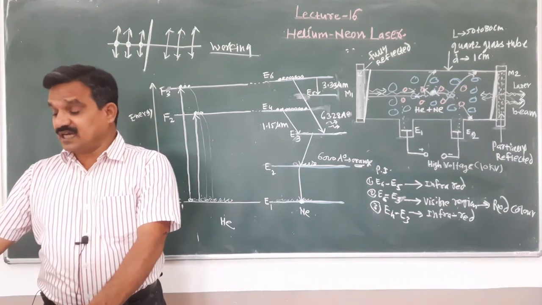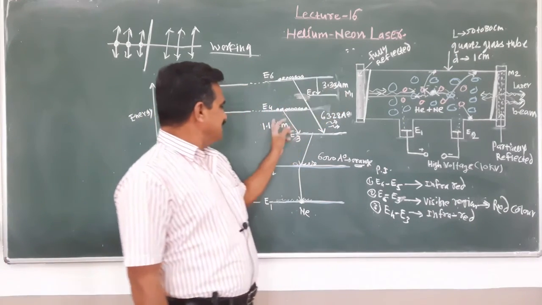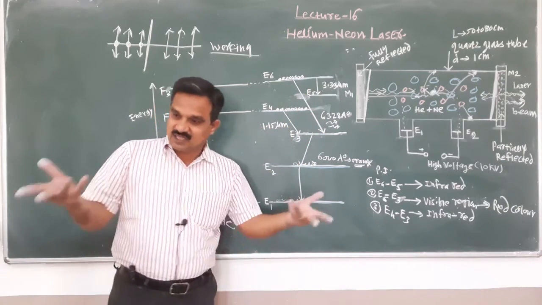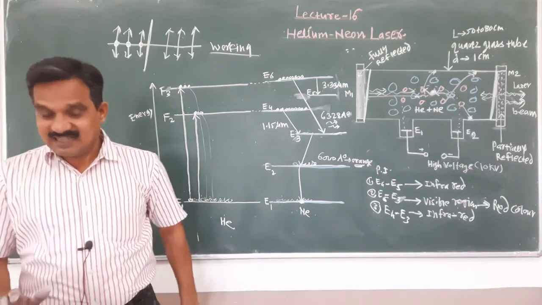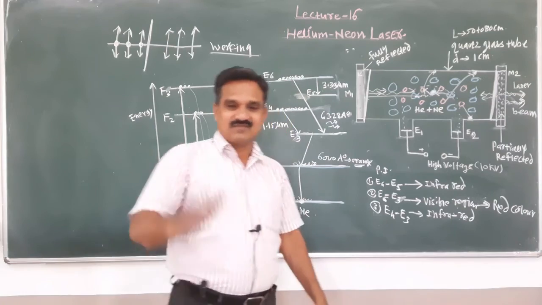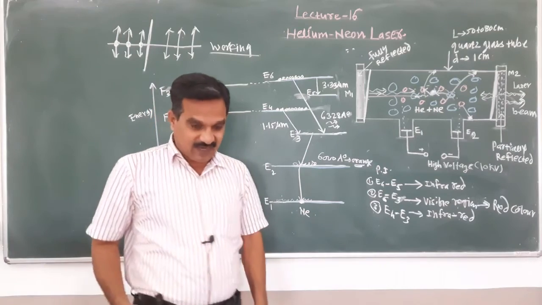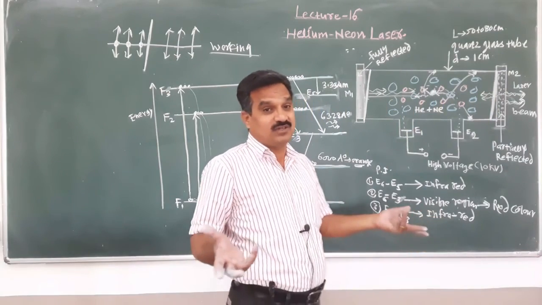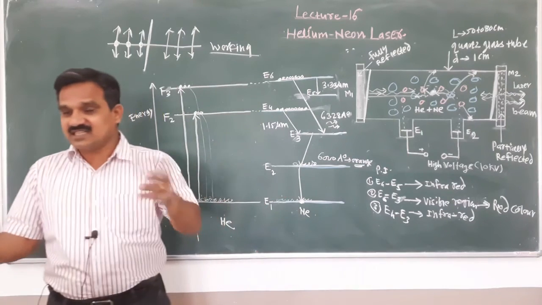But what about the disadvantages? Efficiency is low because this radiation and such types of radiations cannot be useful. Only this type of radiation is used. That's why the efficiency is low. Second, laser gain is less. Laser gain is less means the intensity of light obtained is less as compared to the energy supplied. As compared to the energy supplied, the output of the laser beam is less, because the electrical input is in the form of thousands, 10 kV, and we get a laser beam. That's why laser gain is very low.